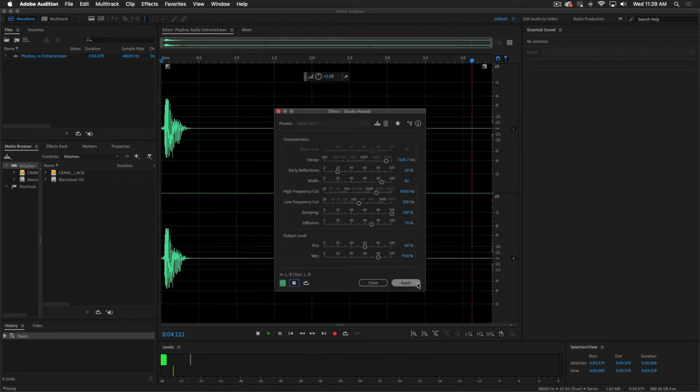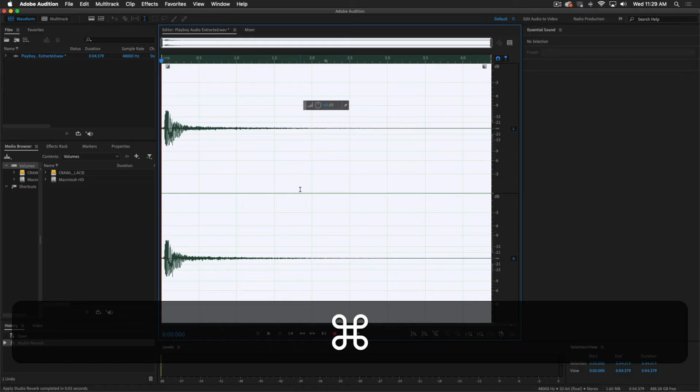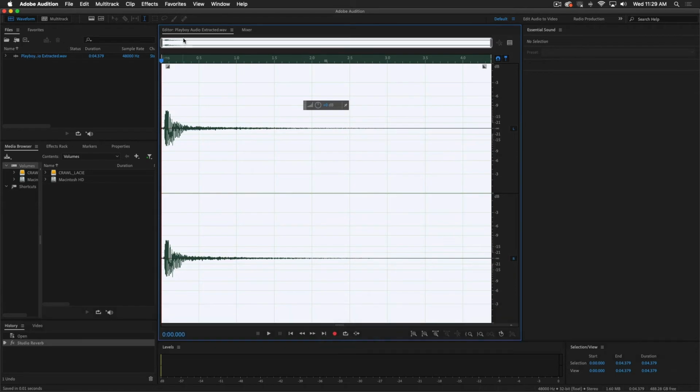Cool. I'm going to go ahead and hit apply, and what that does is it saves it onto this file. Now, instead of exporting a file out and then importing that into Premiere and overcutting, all you have to do is save and it will live update in your Premiere timeline. Pretty cool. Command S to save,